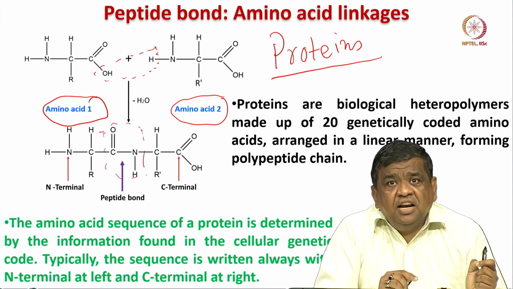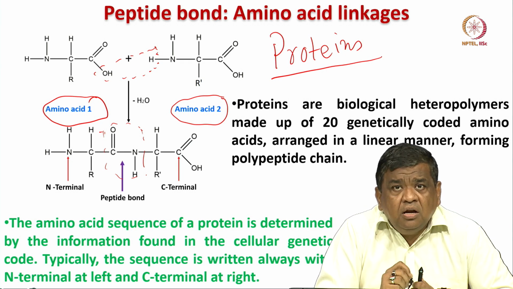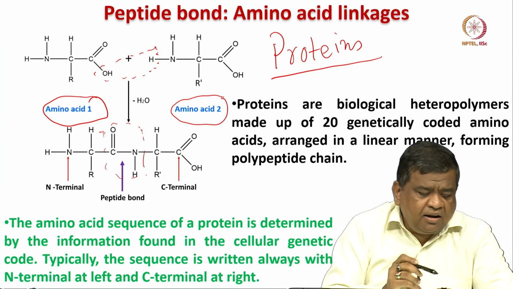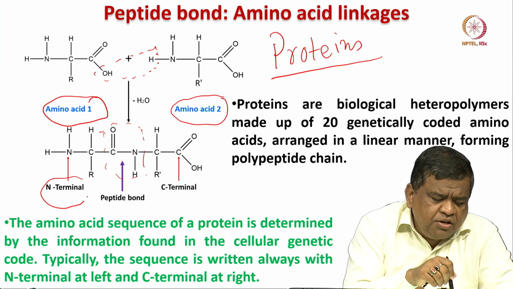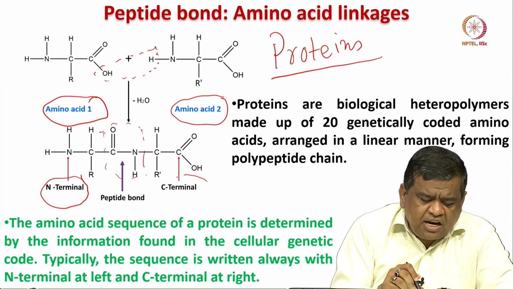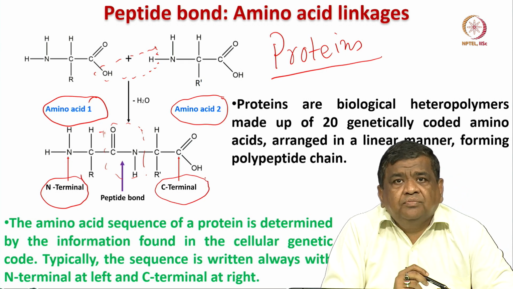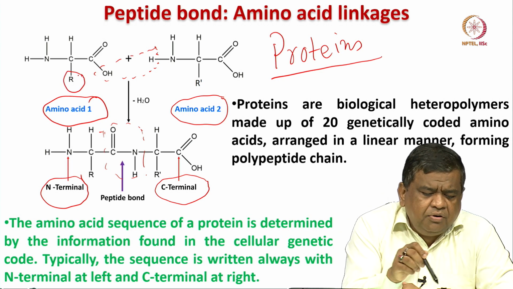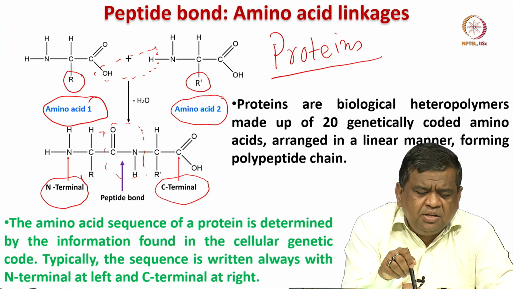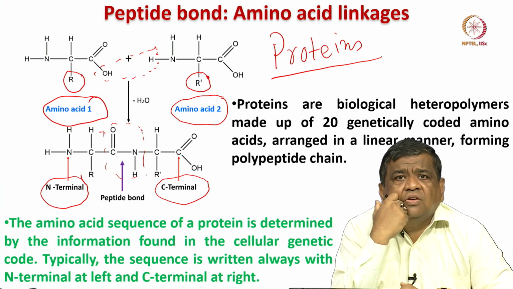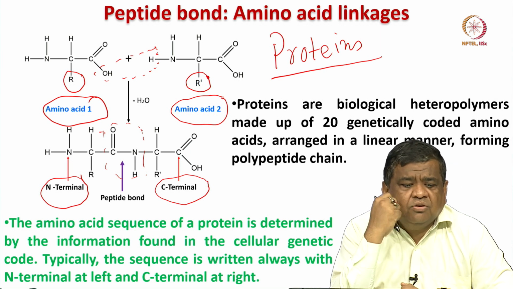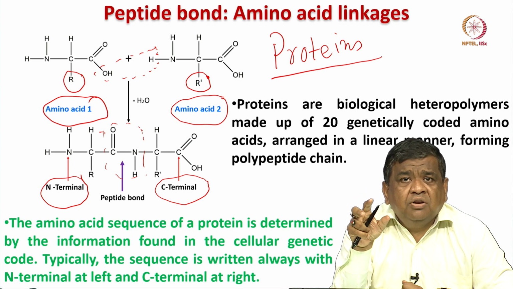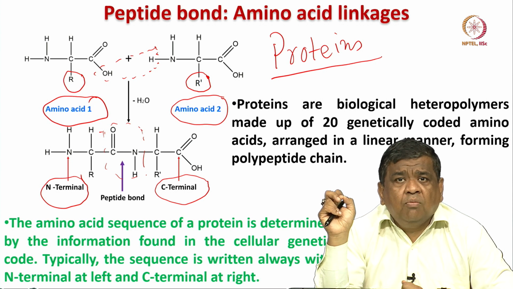This reaction essentially illustrates how the peptide bond is formed, and the way the protein structure is to be retained is that your N terminal should always be on the left and your C terminal always on the right. And how are the two amino acids different? They are different because of this R and R prime. These are two organic radicals, and these organic radicals are different. Therefore, the amino acid structure is different if the two amino acids contain different R prime, R double prime and so on.